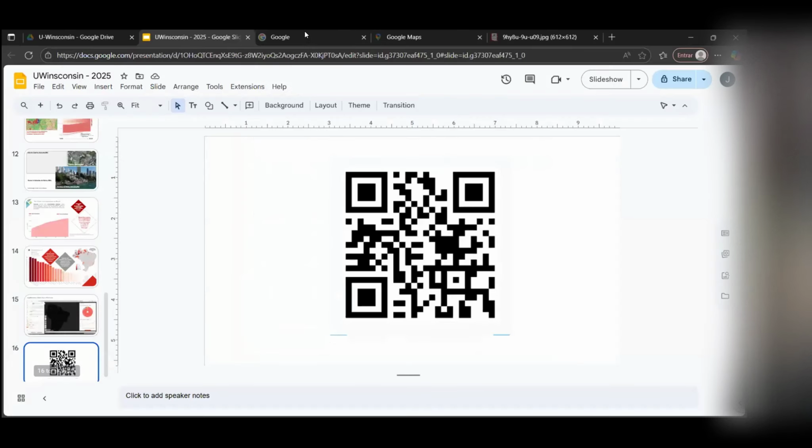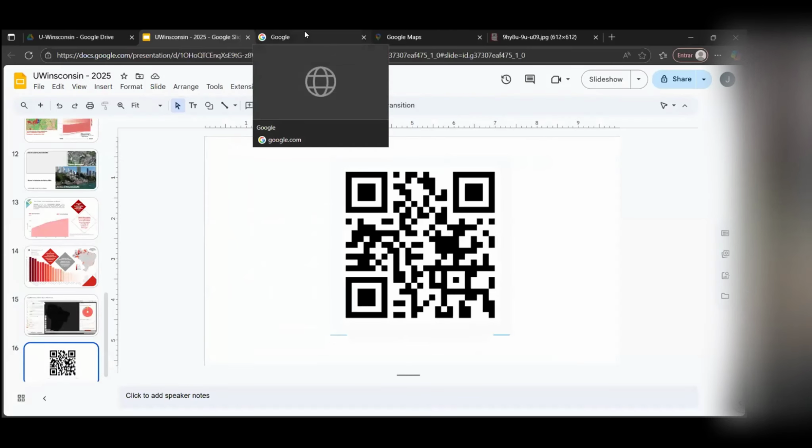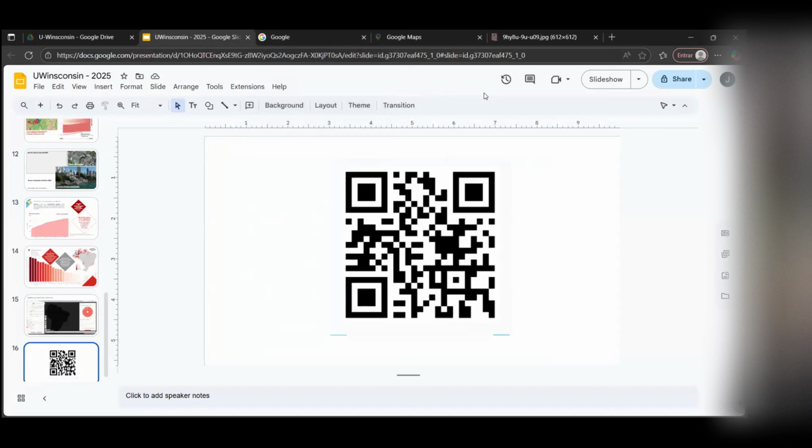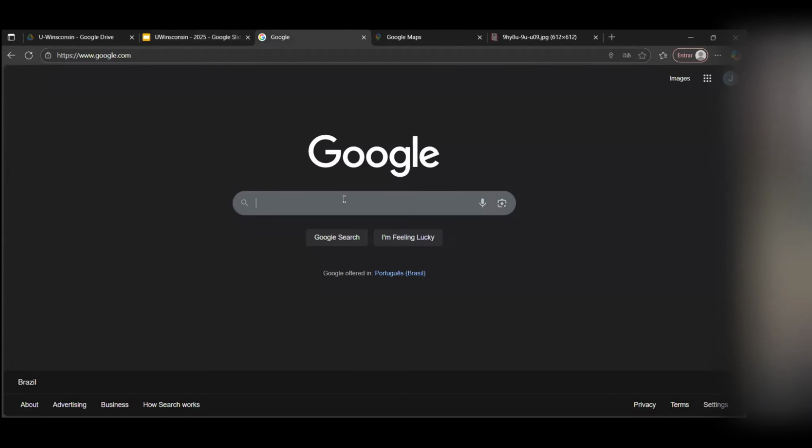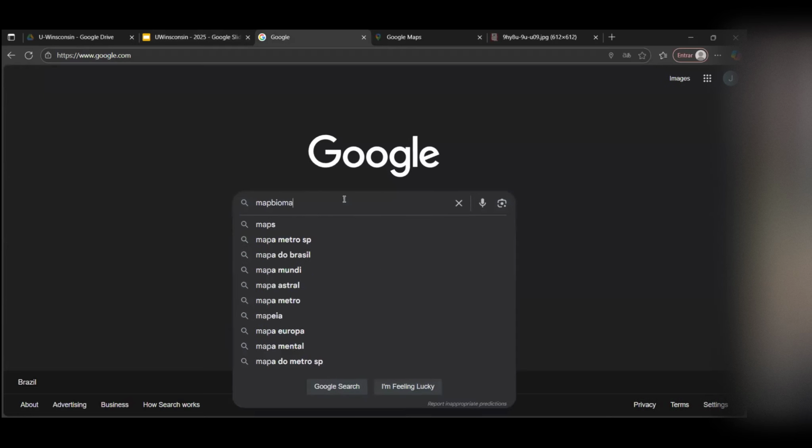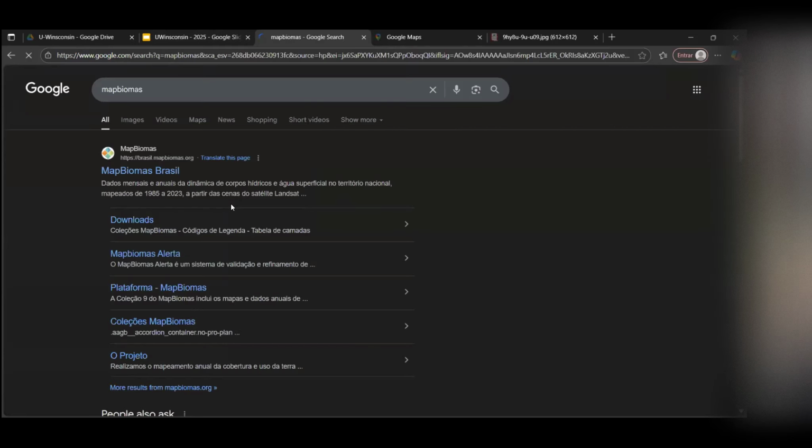I will now very briefly show you how you can find these data sets and some of the ways that I explore them with my students, which maybe will be useful for you. If you go to Google and search for MapBiomas, the first thing you can find is MapBiomas Brazil. It's in Portuguese.